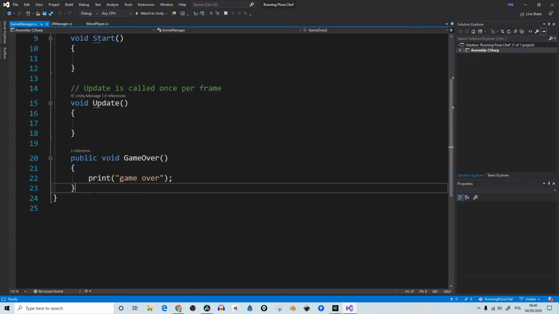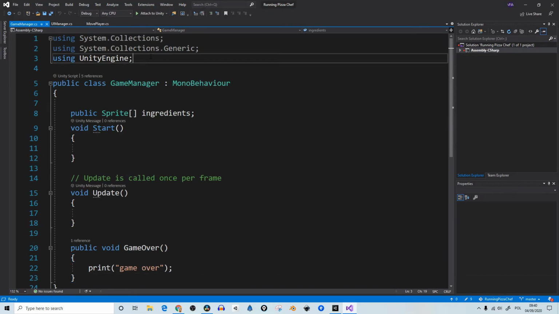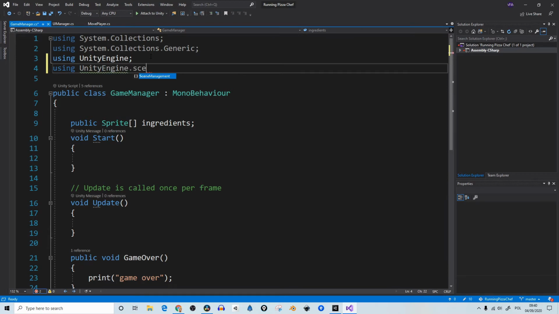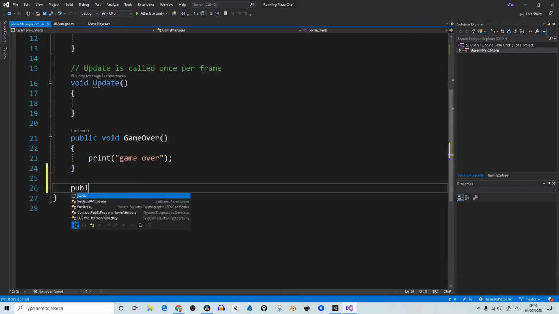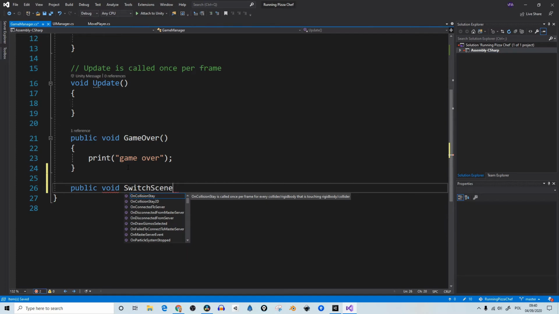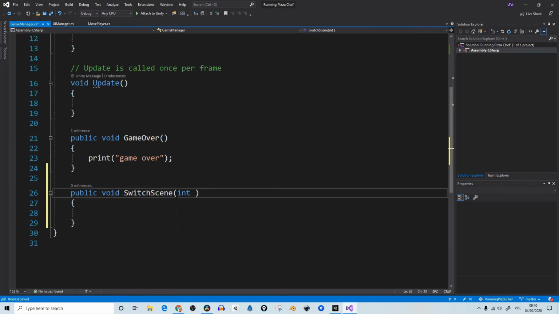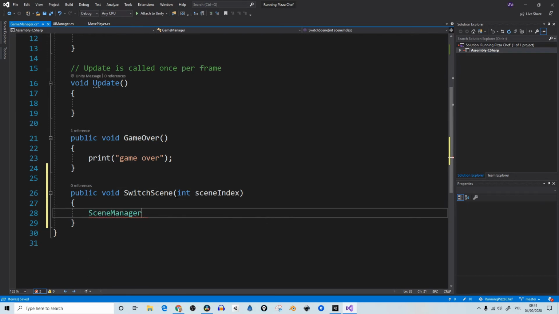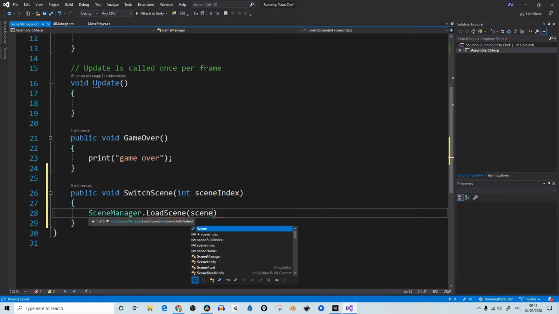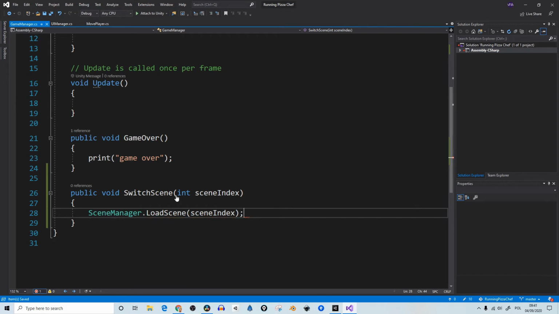We need to switch between the scenes, so let's add using statement, the scene management, create a public void switch scene. Maybe we'll call it this way. Probably we need some parameters so that we can decide which scene should be turned on. Let's call scene manager and load scene, and here we provide the scene index that we are going to pass